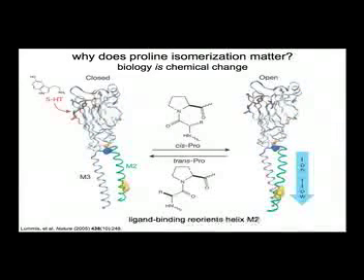So this is a model, I should say, and I don't want to go too much more deeply into this. Again, I'm sort of belaboring this example of the importance of proline, published not too long ago in Nature, where they were able to actually observe how the binding of serotonin affects the cis-trans isomerization properties of this amino acid. And if you're interested in the paper, you're welcome to read about it, and you can present your